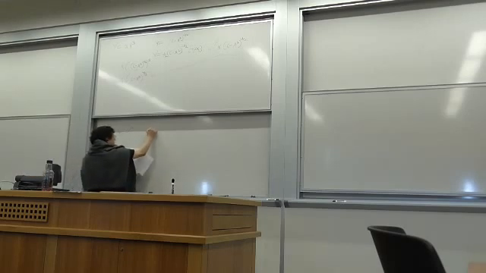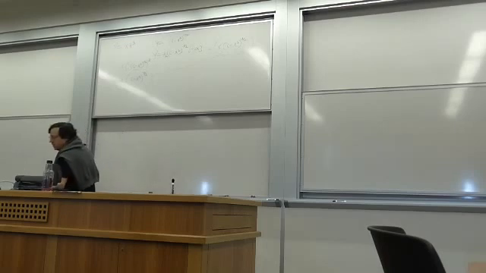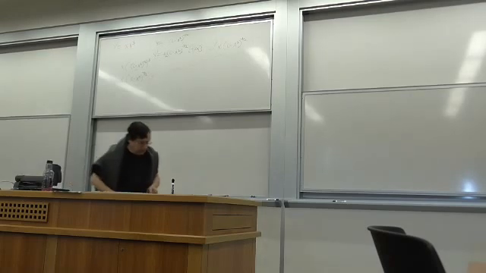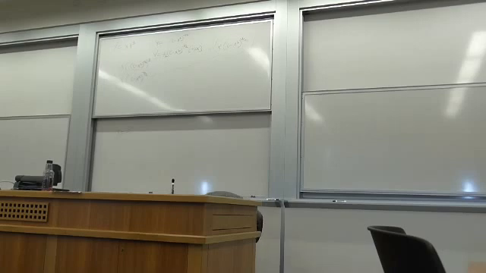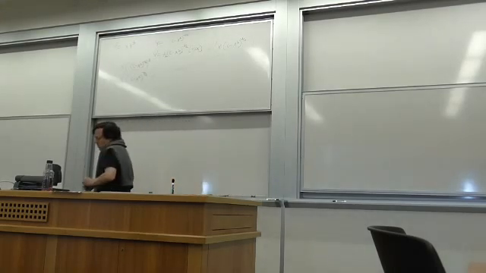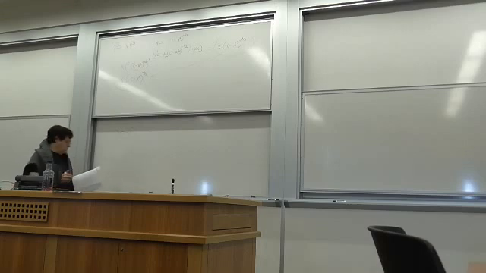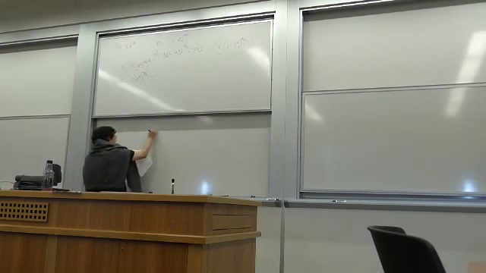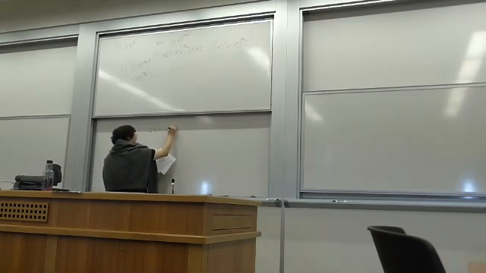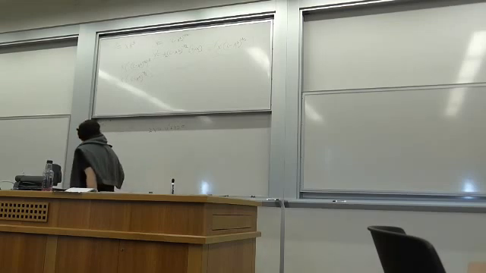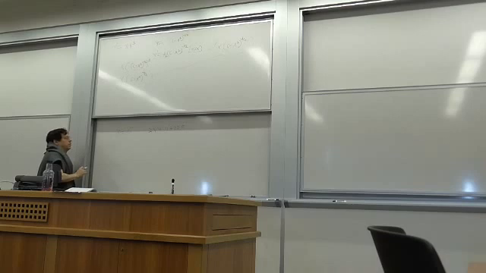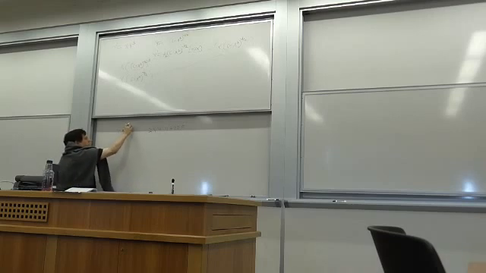So it's good. Y double prime plus y prime plus y equals 0. So what they're saying is assume this is a solution and see if there's some values of r that make this